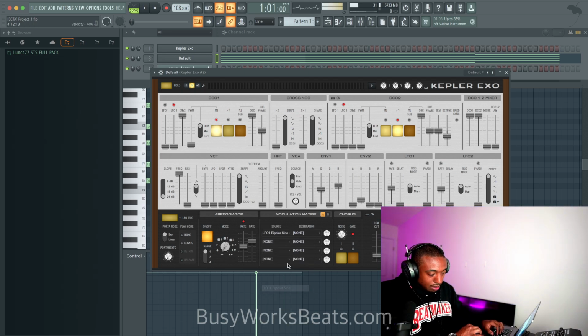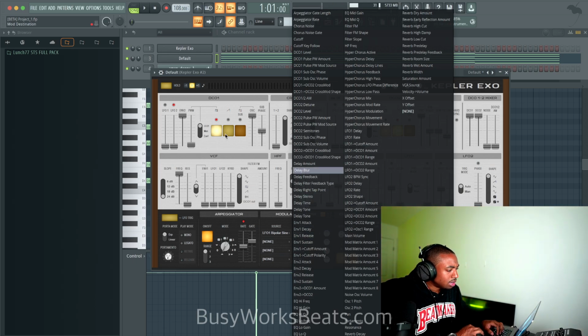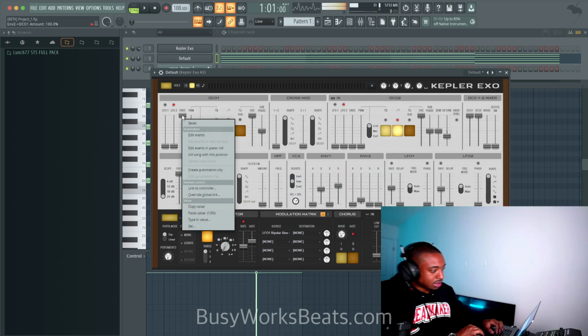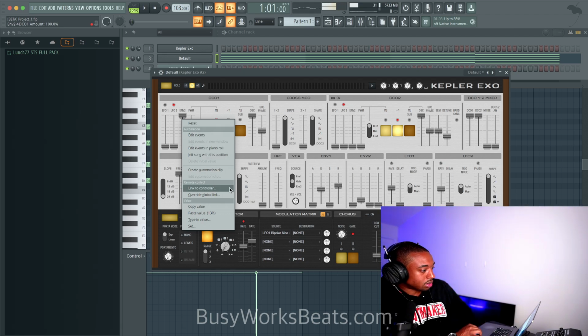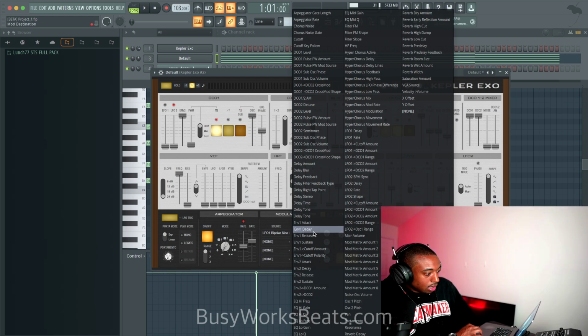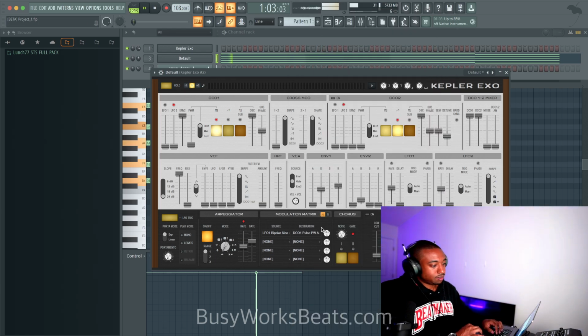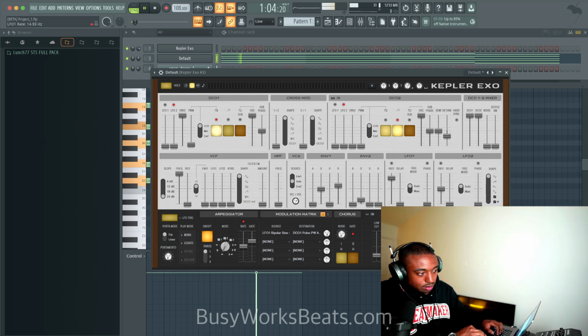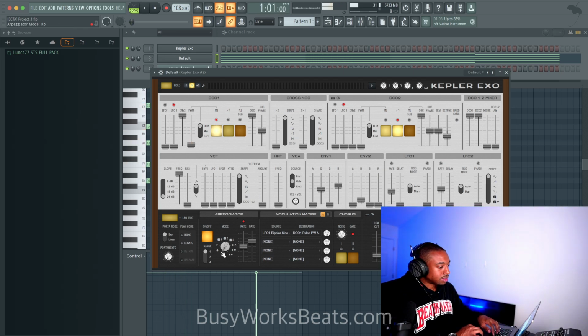Let's do bipolar sine, and let's link that to the... Let me see if you can right click. It'd be so much easier if we could right click and just do it internally like that. But let's go to destination and let's select DCO1 pulse width modulation. Pulse width amount. Okay, so I'm seeing a red needle show the range here. I'm not hearing a change, however, so let's mess with the LFO rate. I guess the sound is going so fast. Let's slow it down a little bit.